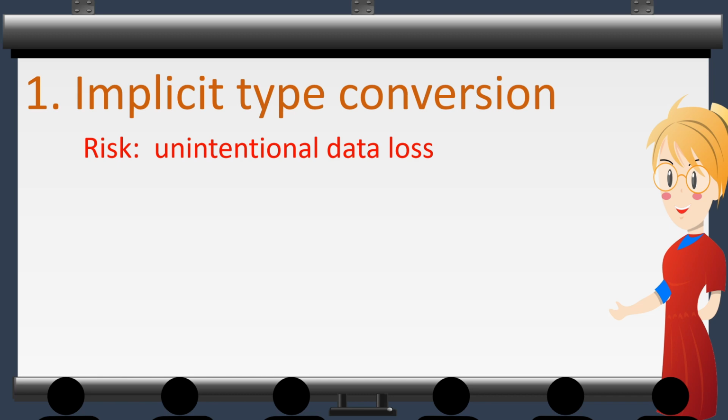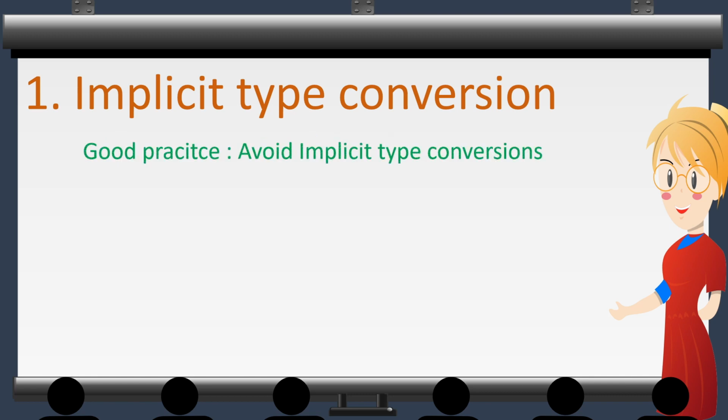Since implicit type conversion is performed by the compiler automatically, it may result in unintentional data losses. Such unintentional data losses or data corruption can lead to undefined behavior at production environments where release builds are executed during live scenarios. The good practice is to avoid such implicit type conversion, which is automatically performed by the compiler. This way, the programmer can take the full responsibility for all types of conversions.